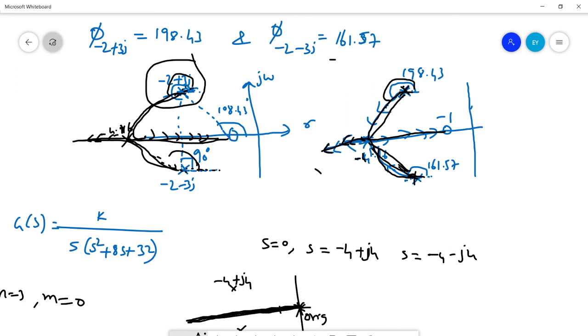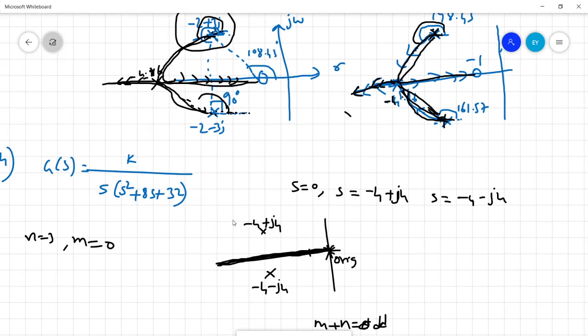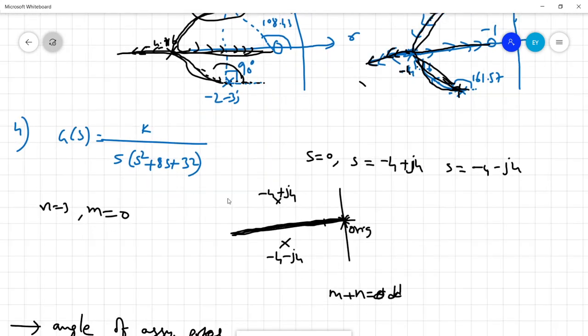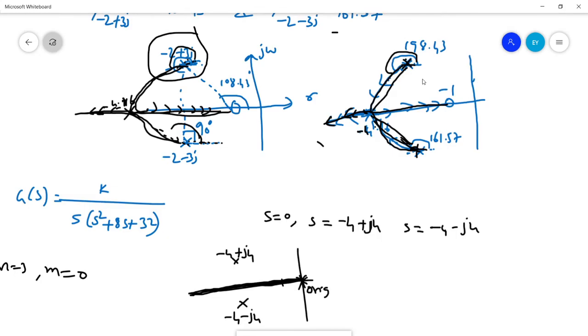So we'll consider another example. Till here we covered almost all steps, but we are left with one particular step: what to do if you have a root locus on the imaginary axis? Here the poles start and end at 0, and there is no locus on the imaginary axis. We'll consider an example where you get a root locus on the imaginary axis, and we'll check how to solve that.